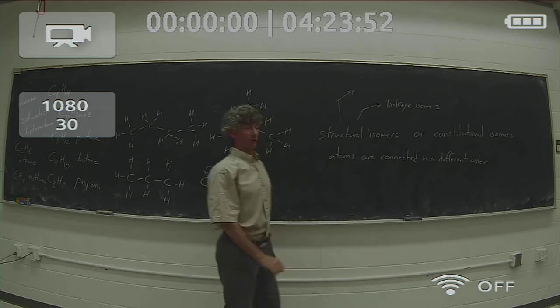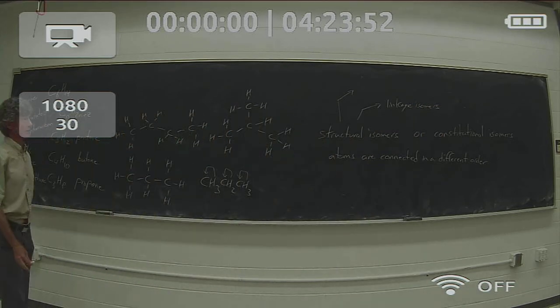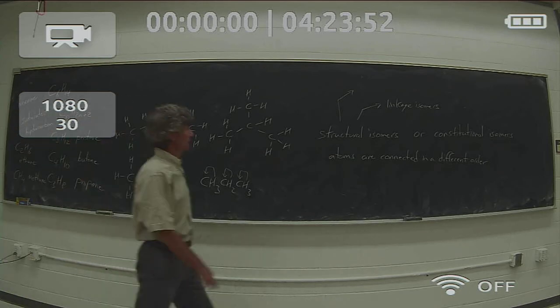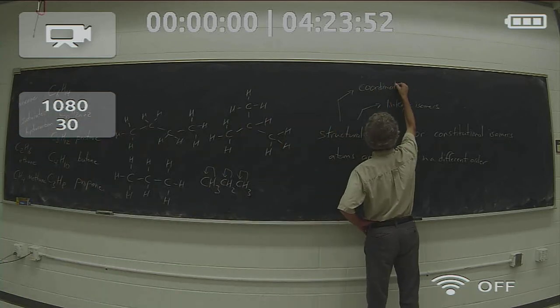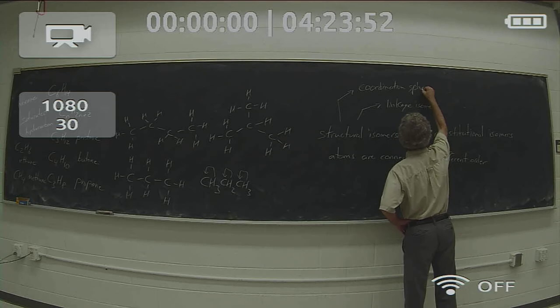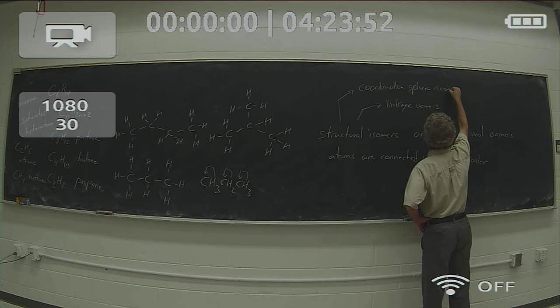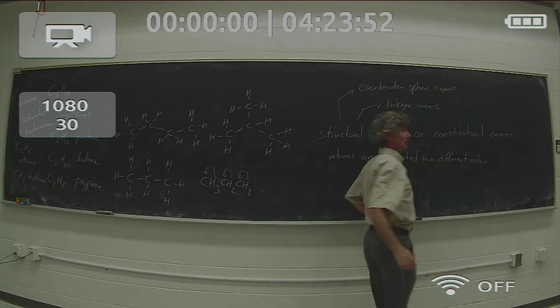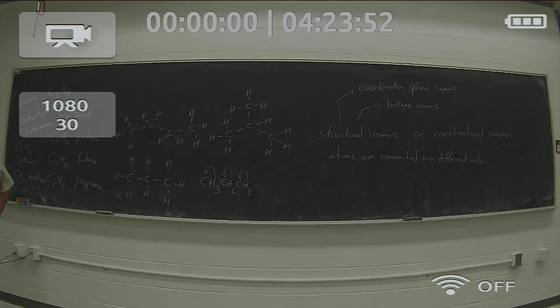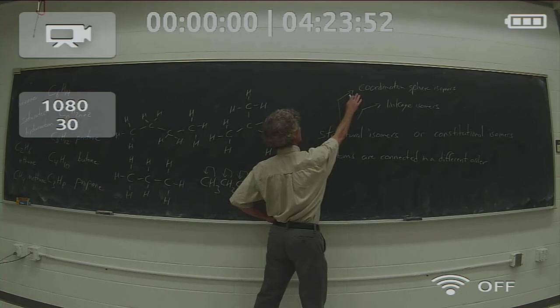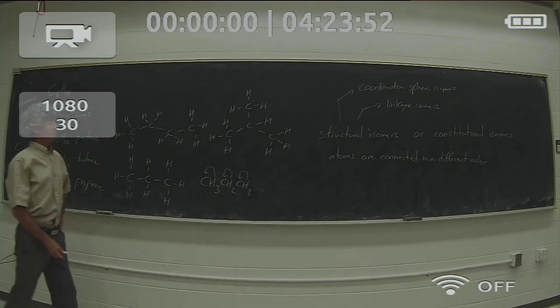Linkage isomers are the same ligand connected through a different donor atom in an ambidentate ligand, and coordination sphere isomers differ from one another by the presence of a ligand either inside the coordination sphere directly bound to the transition metal or outside the coordination sphere as a freely floating counterion. We won't be concerned with coordination sphere isomers in organic chemistry, and we won't